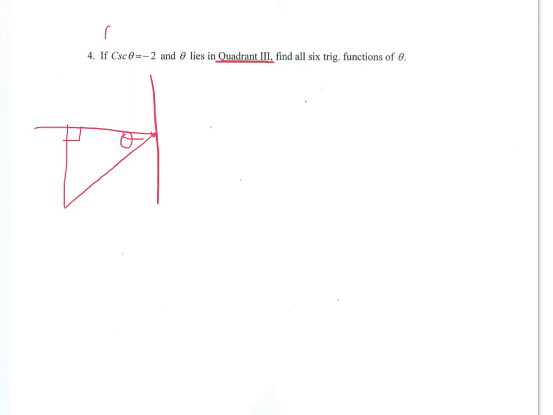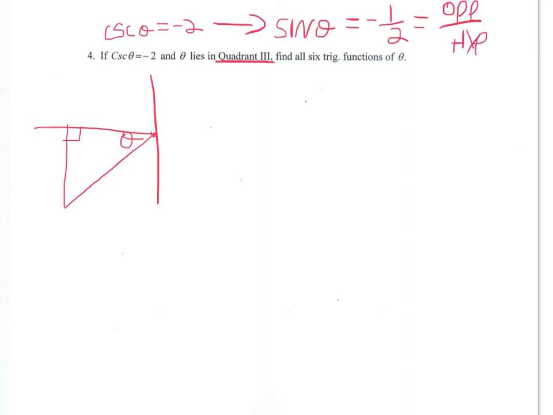Now, if it gives me cosecant is -2, whenever I see cosecant, I want to change it. I want to put it back into terms of sine. Much easier. Just like if you were given secant, put it in terms of cosine. So if cosecant of theta is -2, then sine of that same angle, you just flip it, it's -1/2. So then sine is opposite over hypotenuse. So I'm going to make the hypotenuse 2. I want to make the opposite side